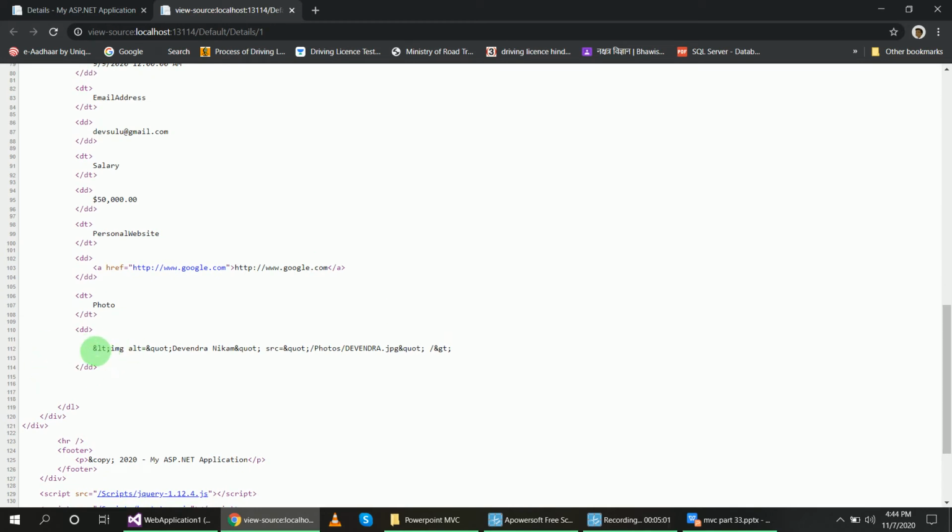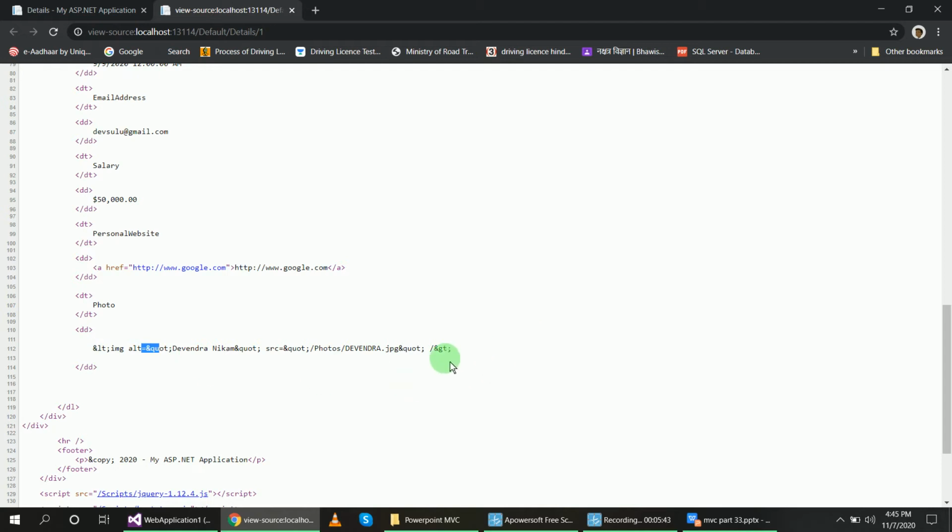Here &lt; means less than angular bracket, &gt; means greater than angular bracket, and &quot; means double quote, appearing several times.